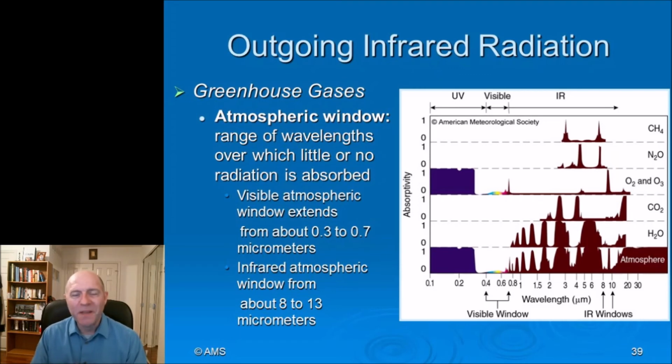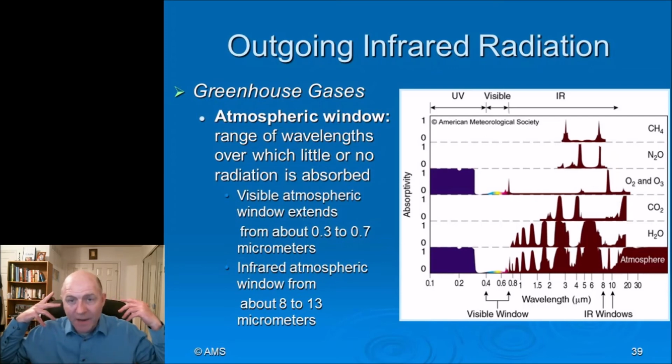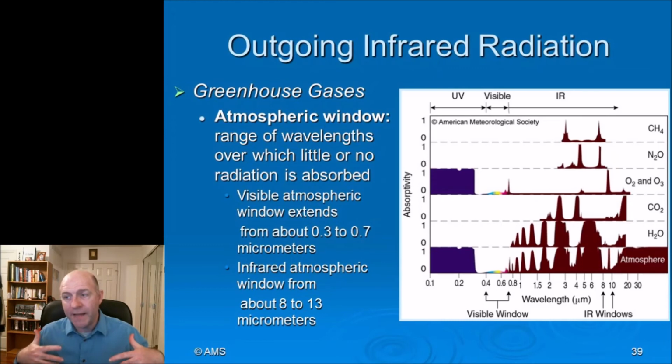So sometimes you hear about the infrared satellite picture in weather. We tune those satellites to look at those atmospheric windows, so that we can look for water vapor, we can look for clouds that are closer to the ground that are emitting at those wavelengths. But a lot of that is getting through the relatively drier part of the atmosphere above it. Remembering that the troposphere, that bottom part of the atmosphere, is where all the weather's happening. So by tuning your satellite to some of these infrared windows, 10, 11 micrometers, you can sense what's going on closer to the ground